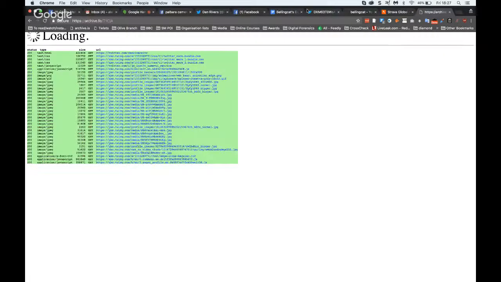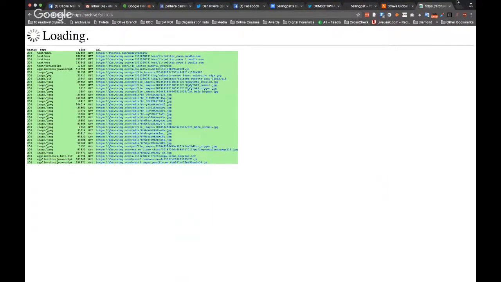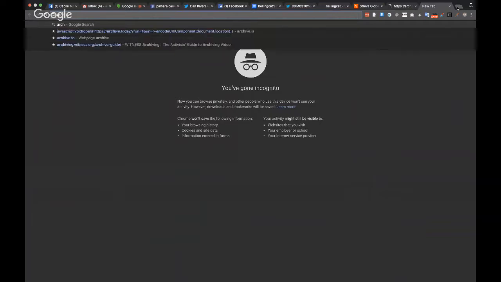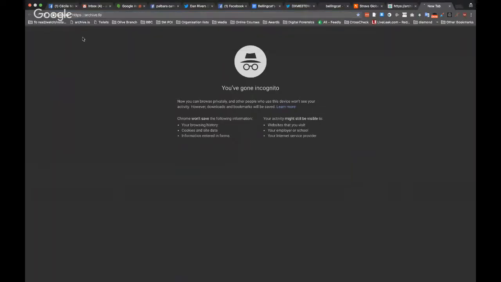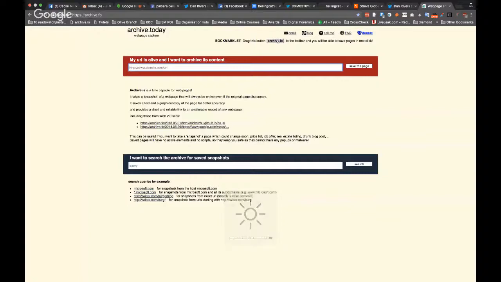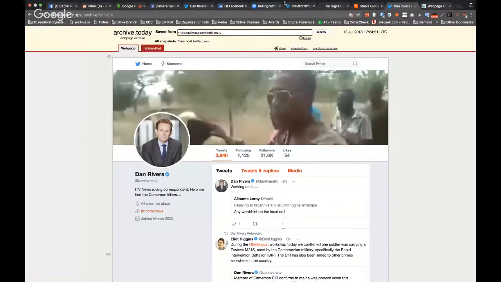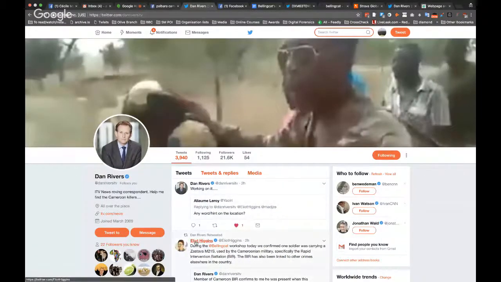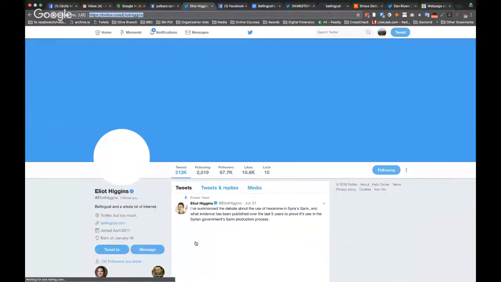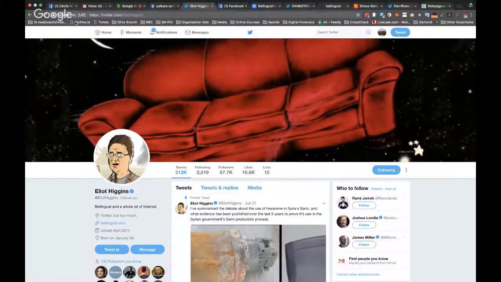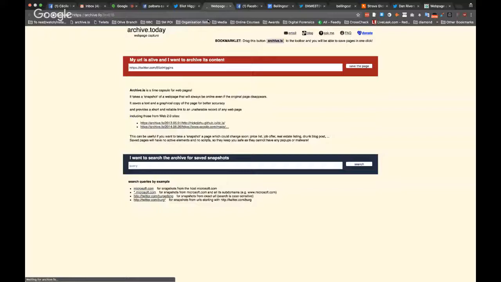And also you don't necessarily need to copy and paste like this. What's good with archive.today is if I go again to it, you can just drag this to your bookmarks, which I have done already. It's here. And then when you hit a page of interest, so let's say Elliot, founder of Bellingcat, all I have to do is press, and it's going to open a new tab.